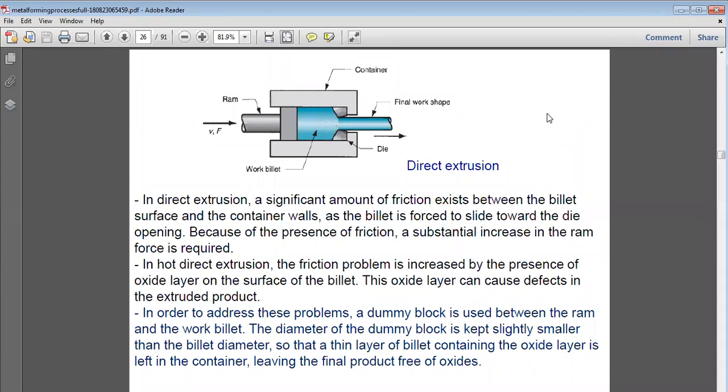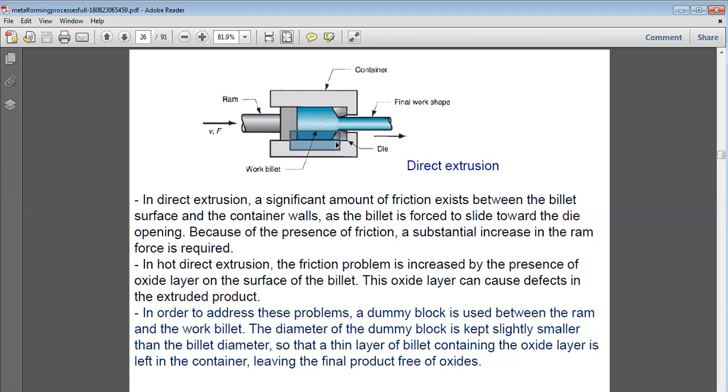So now what is happening in this case is, as we push the billet with the ram, this surface is in contact with the die here, and it is being pushed by your ram. So obviously there will be sliding, this part is sliding over this, so there will be presence of friction. So this is sliding friction over this place. So that friction, the work of friction, will be opposing the flow of this. Clear? That will be container walls and the billet, there will be presence of friction in this case.